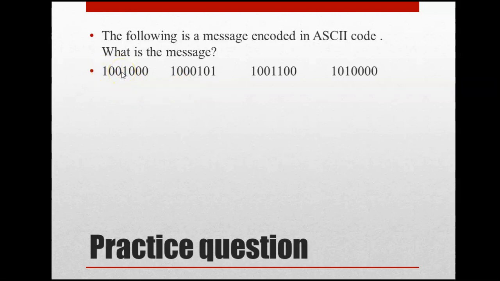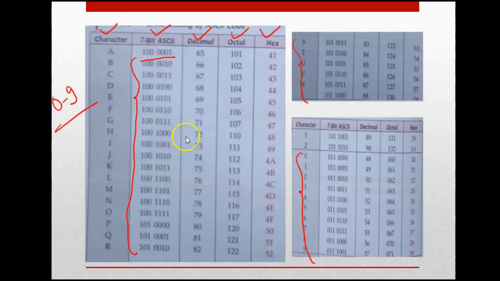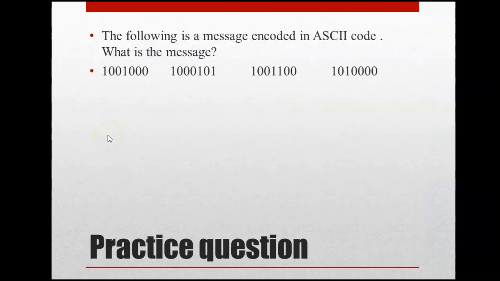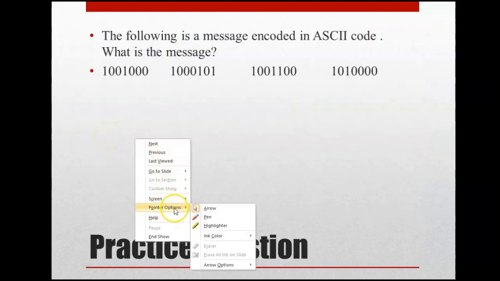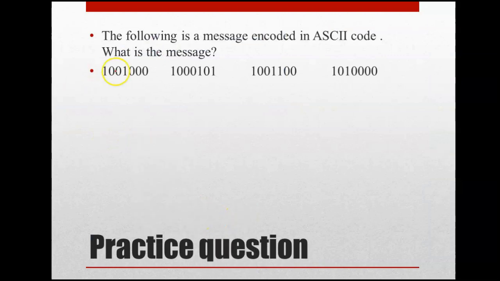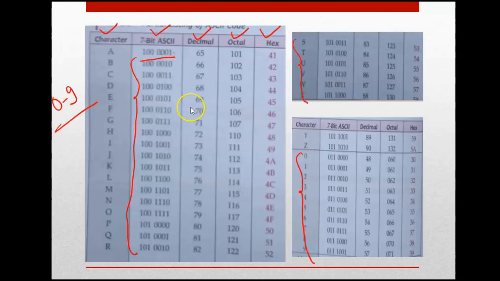So I'm going to the previous one. Where it is 100 and 100, it is H. When you convert it into a character, it is actually capital H. Then we have 100, 101. Like that only, you can check for all.